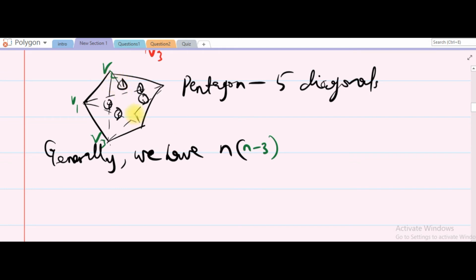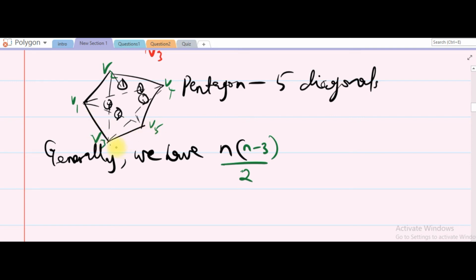If you check, when I join vertex 1 and vertex 2 and 5, I didn't join 5 and 2. So you don't count twice. So we need to divide by 2. So n is the total number of sides, times n minus 3. That n minus 3 is just to subtract the 3 for each vertex. For each vertex, we have 3